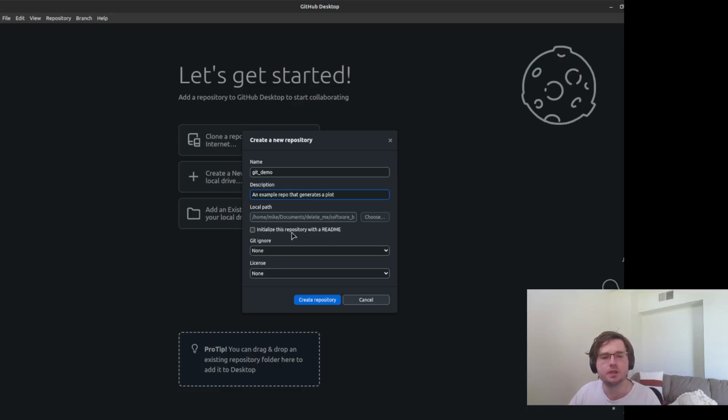Now this next section is initialize this repository with a README. So a README, all it is is a single file, a text file that just has text written inside of it. The only thing that's a little bit weird about this file is that it doesn't have an extension like some other files you might be used to, like .doc for a Word document or .txt for just a general text document. README doesn't have an extension. But other than that, it's just a text file. And what it does is it usually contains something like instructions for how to set up the repository, how to set up your code, your project, how to use it, maybe how to generate some outputs, and maybe even like some motivation as to why it's useful or something like that.